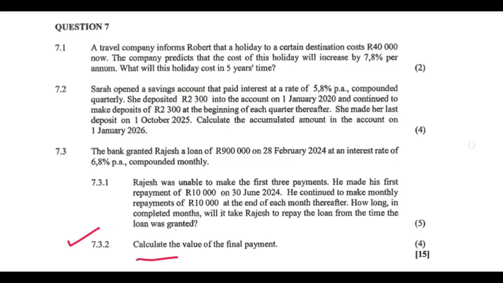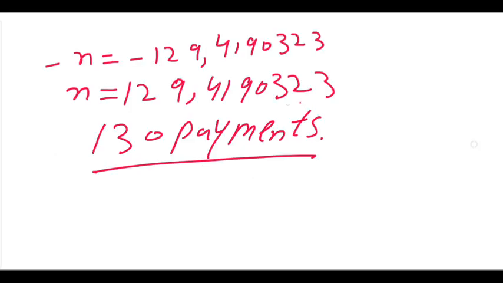7.3.2 says calculate the value of the final amount. Now here must remember this one after the comma, whatever we have, this is one lesser amount, so we need to use this to find the outstanding balance. And for the outstanding balance I'm using the present value formula. You can use the future value formula also, but I would like to use the present value formula. So 7.3.2 is linked to 7.3.1. Outstanding balance is equal to